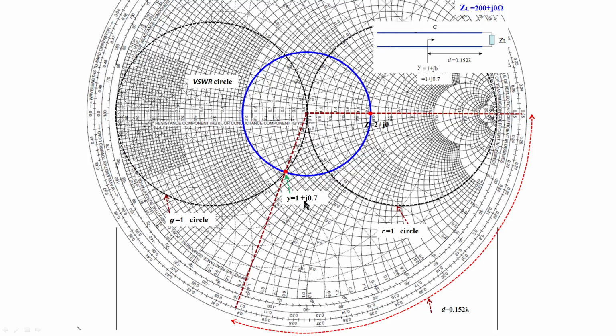So what is the value of B? The B values here are positive values, on the lower side of positive values here. So it is 0.7. The admittance here is 1 plus 0.7. So we moved like this and stopped because the G value is 1 here. What value of B did we get? Plus 0.7. So you stopped here. Next, what do we have to do? Okay, that is the way.